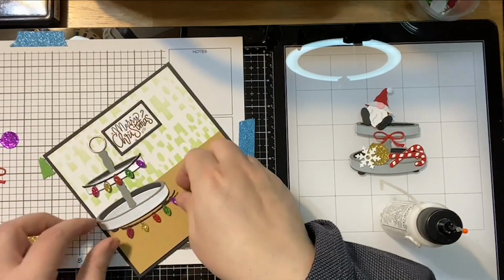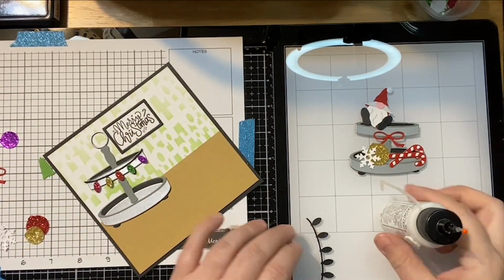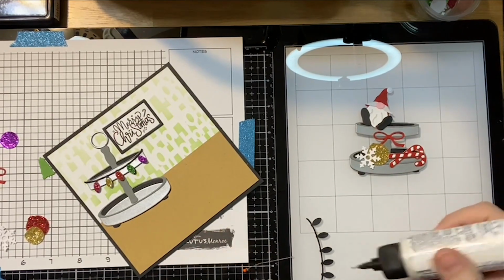And now, hopefully I'll remember what I did with that tray, because I thought I would, and then I pulled it all apart, and now I'm like...